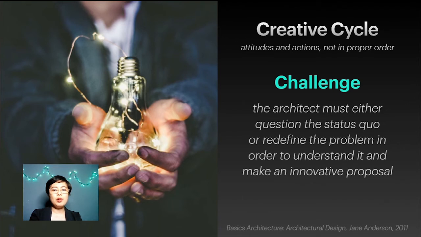For example, i-define mo ano yung ideal doon sa space na yon. Or pwede mong i-check yung problem. Ano ba talaga yung pwede kong gawing solution? Pwede ring within the problem, makita mo na yung solution eh. So, there's a way of understanding it para makapag-come up tayo with the innovative proposal.